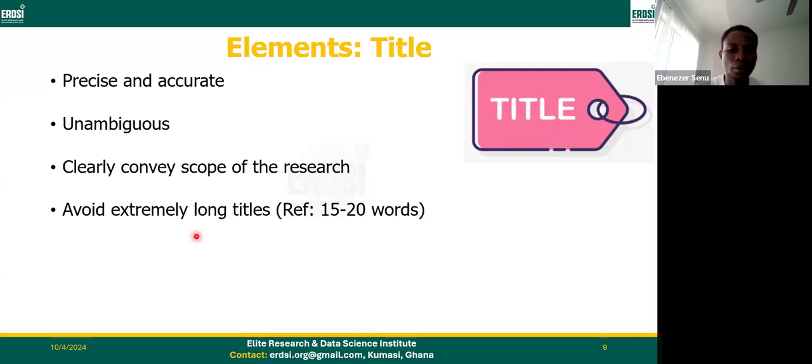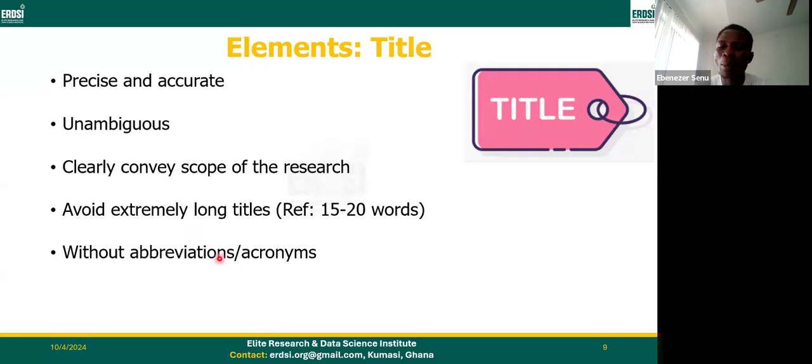Also, your title should be without abbreviations. You see people using abbreviations in titles. We don't do that. Except some really recognized abbreviations, but it is recommended that your title should not contain abbreviations or acronyms. We will see some people, with an abbreviation that is not really known. They've just introduced it in their work and they are using it in the title. No one is going to search with that